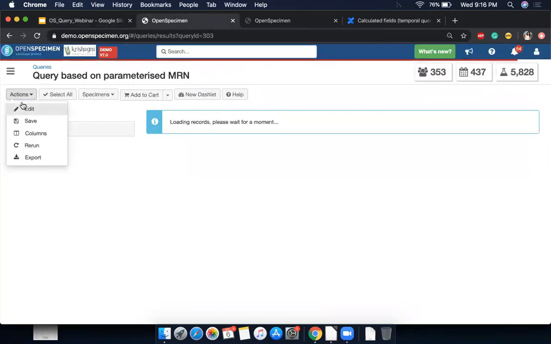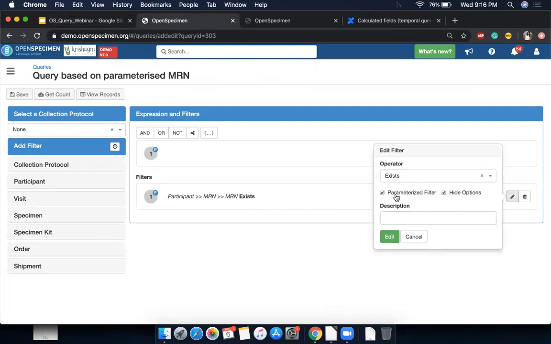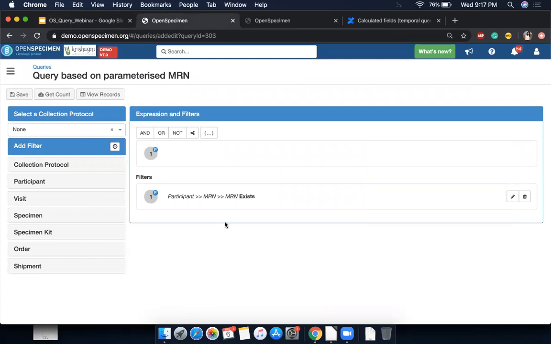Remember we talked about parameterized filters, right? When you do parameterized filters, if you see here, I've added MRN as a parameterized filter. When you say parameterized filter, there's one more option called hide option. So first I'll remove this and show you what the difference is. When I say view records.